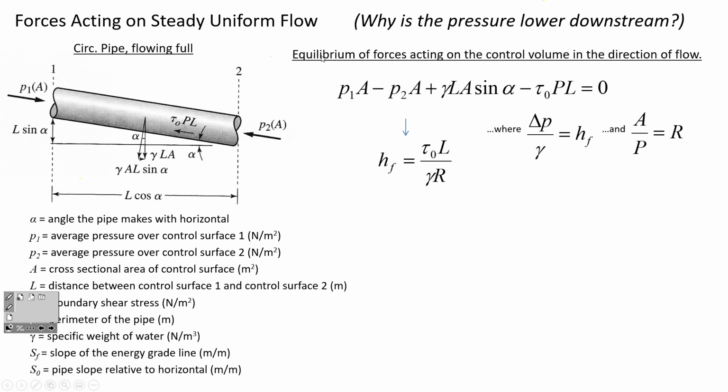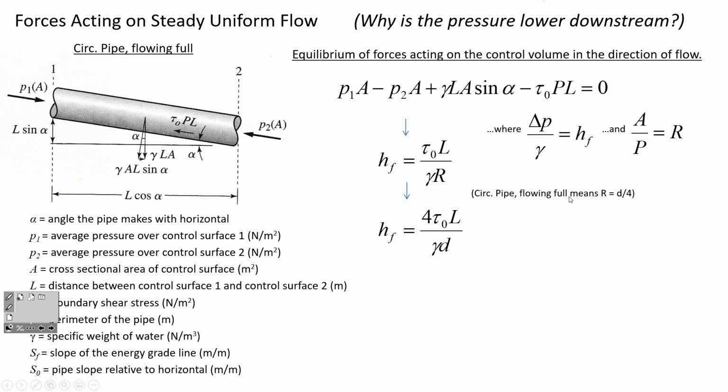We've rearranged, substituting in the change in pressure, and accounting for it being a horizontal pipe. If it's horizontal, then the weight of the water is acting downward, and it's not influencing the force equilibrium between 1 and 2. This is showing it inclined, but if alpha is 0 and the pipe is horizontal, then the weight term here isn't in the equation. Okay, so if you have a hydraulic radius,